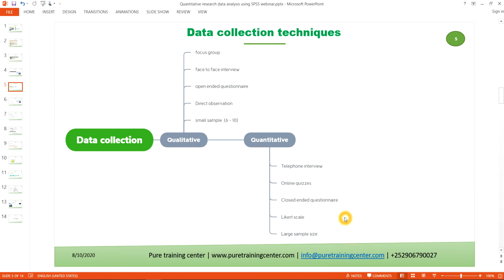You can use a Likert scale. When you are doing research talking about behavior or attitudes of people, you can use a Likert scale. I have also illustrated a few examples of some of them in the book. And the other question is what research instruments can you use for these data collection techniques? You can use Google Forms, Microsoft Forms,